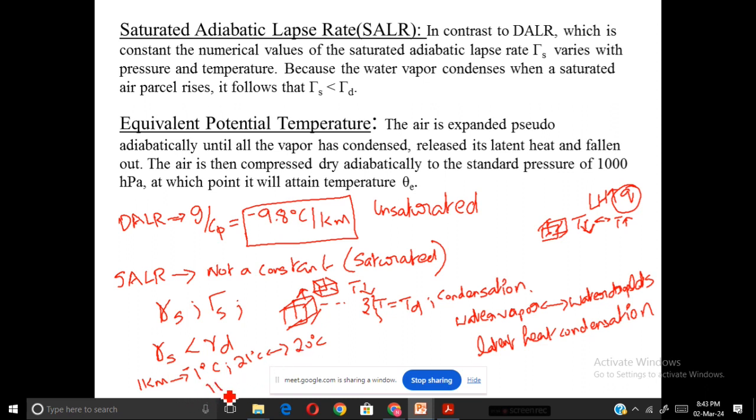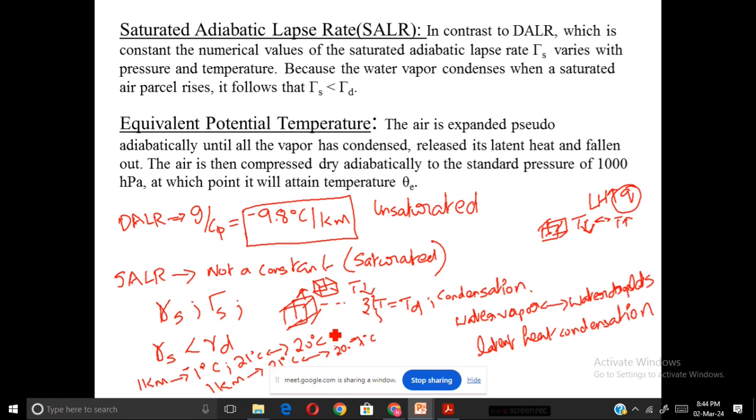But in case of a moist air parcel, if the same moist air parcel is moving up in the atmosphere, and the initial temperature was 21 degrees Celsius, after traveling 1 kilometer, the temperature would have reduced by not 1, maybe 0.8, 0.7, something like that. So it won't be 20 degrees Celsius, but maybe it will become 20.2, 20.3, something like this. It will be less than the dry adiabatic lapse rate. Saturated adiabatic lapse rate will be less than the dry adiabatic lapse rate, because